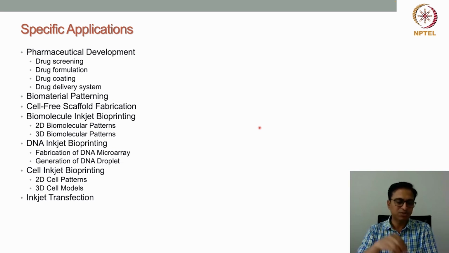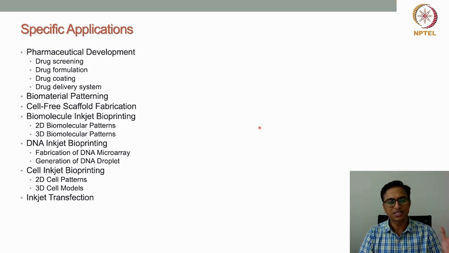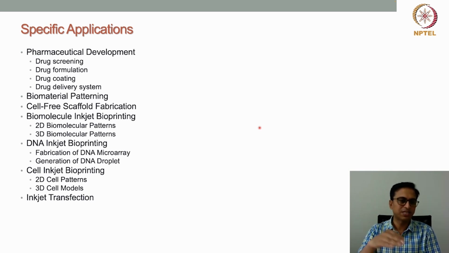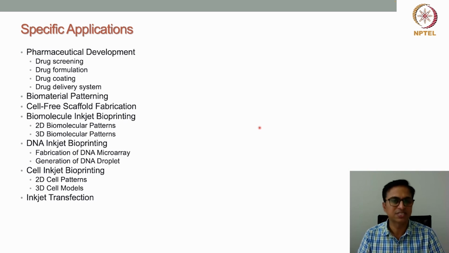But these droplets will get connected to each other, and then, layer by layer, as in the earlier section I have discussed, first we can create one layer, then the next layer by layer fashion we can prepare the cell-free scaffold. In this case, suppose the cells are not used, only the scaffolding materials like biomaterials are mostly used. Similarly, for biomolecule inkjet bioprinting, we can create 2D biomolecular patterns or 3D biomolecular patterns, where